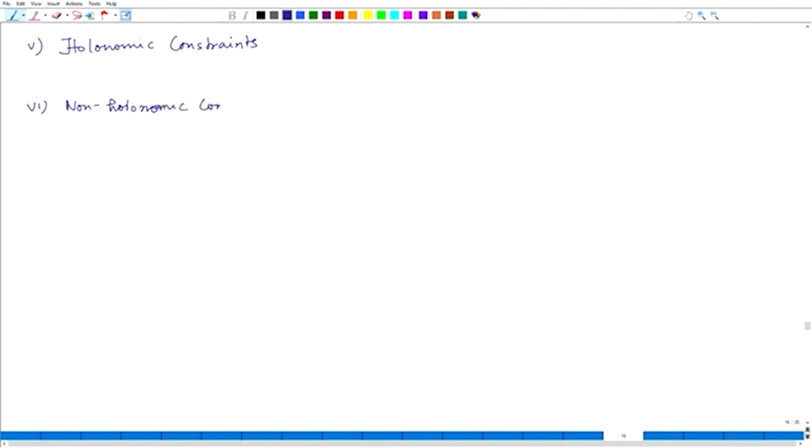Non-holonomic constraints. Okay, I just put it singular, yeah, constraint. Okay. So, holonomic constraint is a specific type of constraint which is expressed